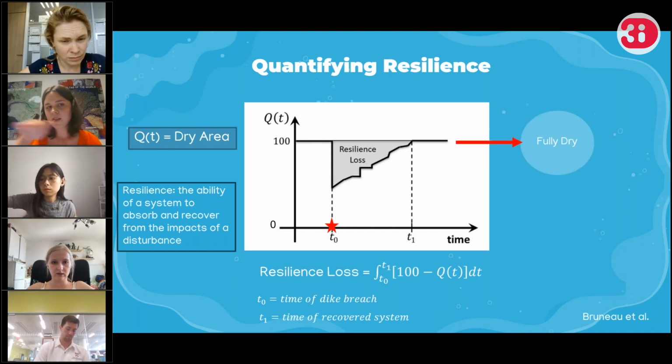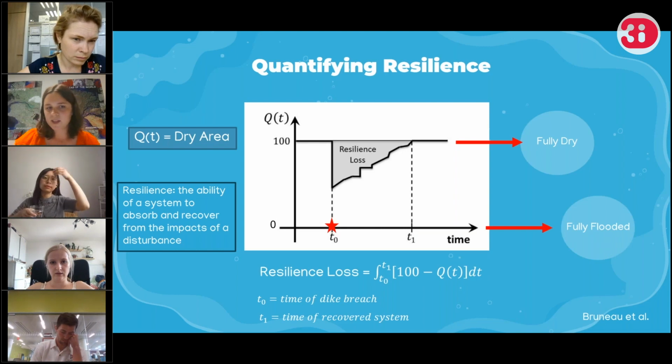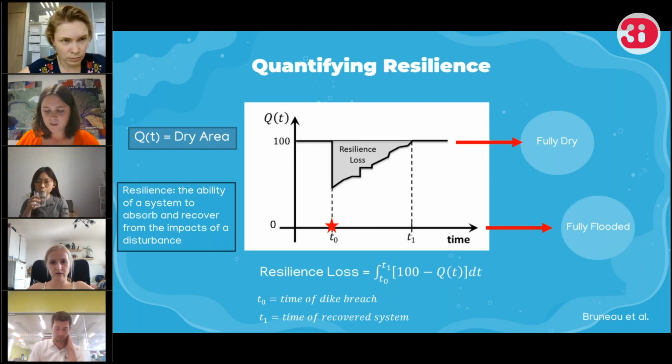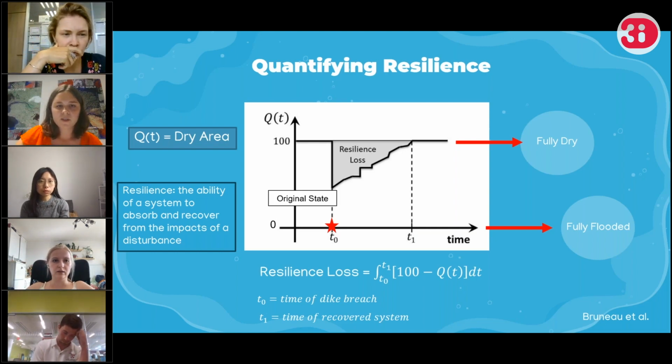So that's when the line stays straight at 100, it's a fully dry polder. And then if the entire area was flooded, then it would get to 0, and then you'd have a fully inundated polder area. So this difference is how you find the resilience loss. And then this framework was really useful because you can quantify several different things, such as your time to recover,